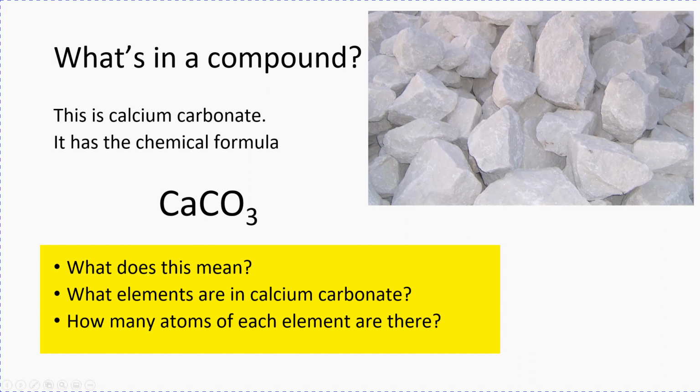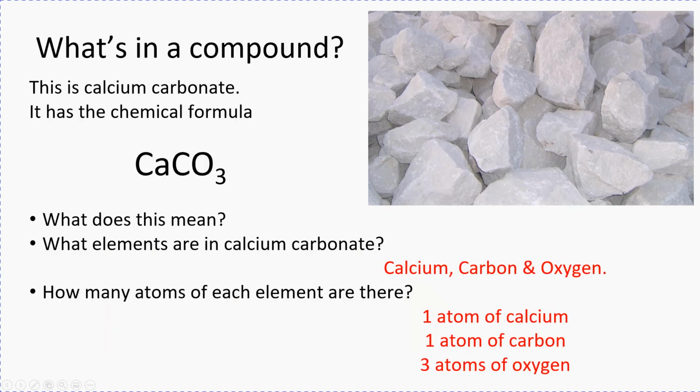Now, what we need to think about is the numbers. So now that we've identified what the elements are, we need to think how many there are of each one. So at the moment, I've got calcium with no numbers next to it. So that means I've got 1 atom of calcium. I've got a C for carbon with no numbers next to it. So I've got 1 carbon atom. Now oxygen, because I've got that lowered number 3, that tells me that I've got 3 atoms of oxygen. So the 3 only relates to the letter before it. Okay, so I've got 1 calcium, 1 carbon and 3 atoms of oxygen, and that's what the formula means. Okay, so that's the same answers.